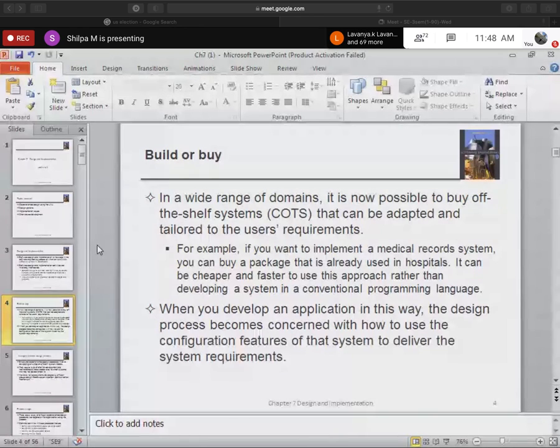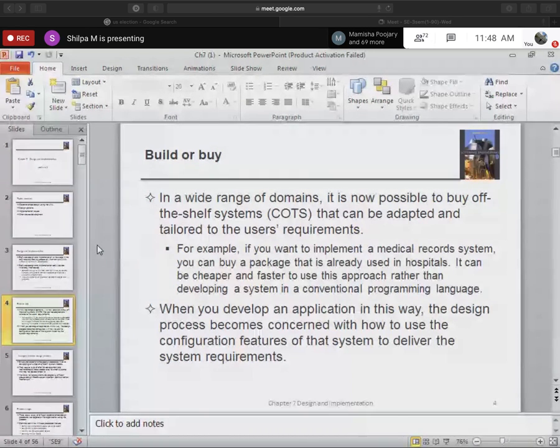What do I mean by off-the-shelf systems? Let's say I have developed a software for some microwave, right? You have learned that microwave system. We call it commercially off-the-shelf software, a COTS system.